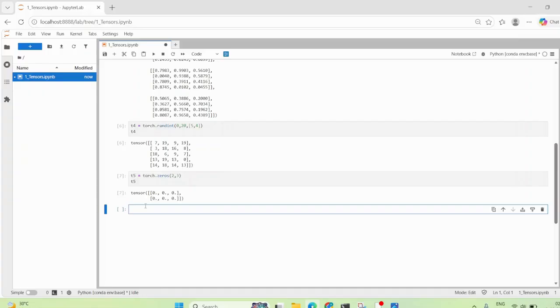Now let's say you want to create a tensor of ones. So let's say I will give T6 is equal to torch.ones, and something like 2, 3. Here I am giving the shape, and in this shape I will get the tensor of ones. And let's say I am giving dtype equal to torch.int as the data type I want. So if you print your T6,